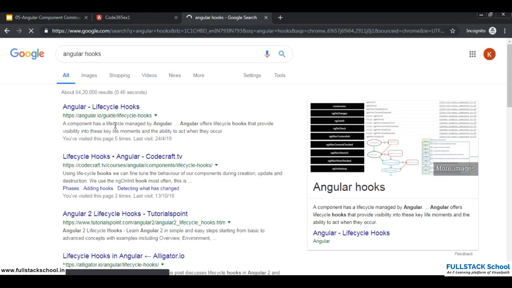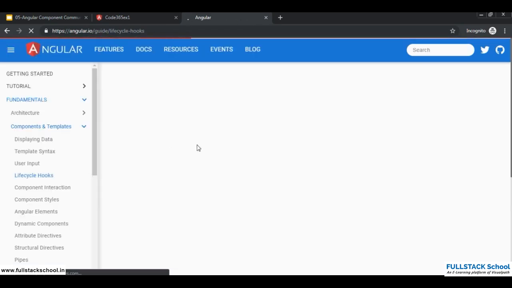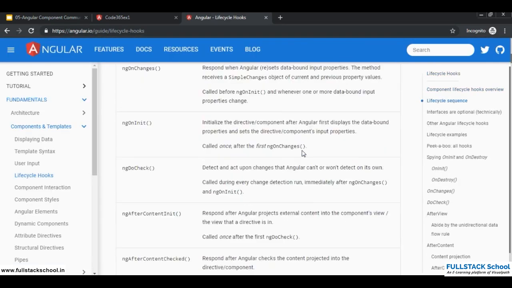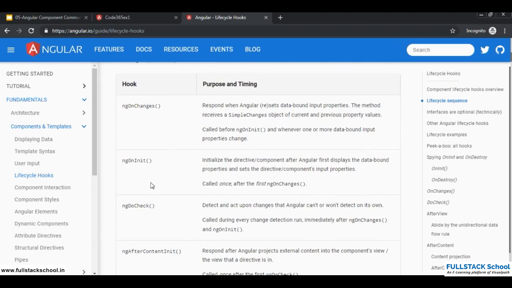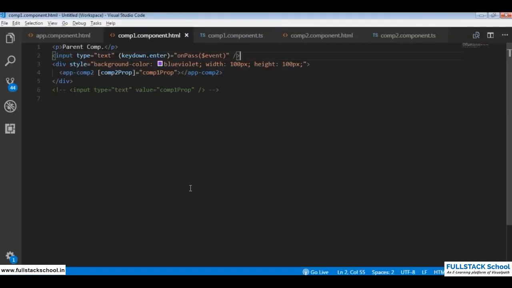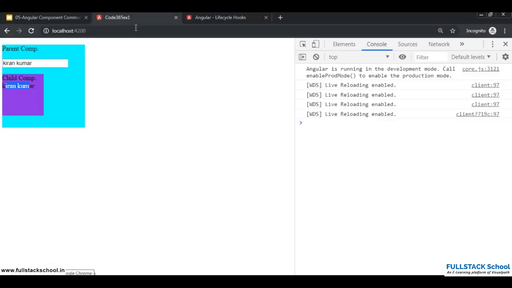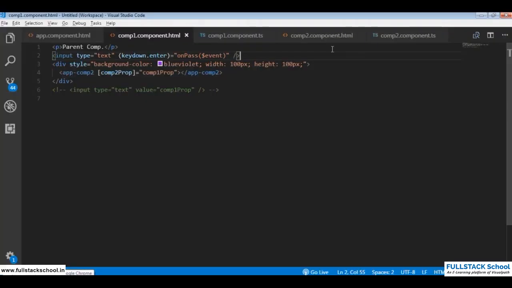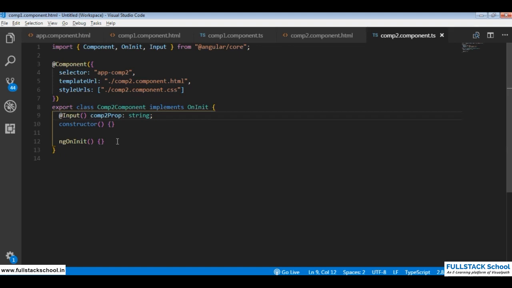There are 8 lifecycle hooks given by Angular. ngOnChanges, ngOnInit, DoCheck. These are some lifecycle hooks that come into execution at a particular time in the life cycle of a component. So whenever we pass a value or change happens to the property, like if there is a change in here, then in the child component a lifecycle hook called